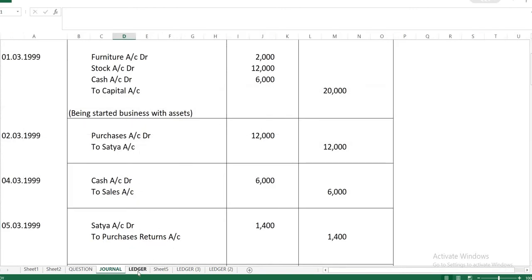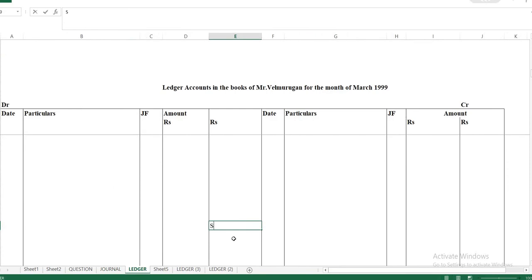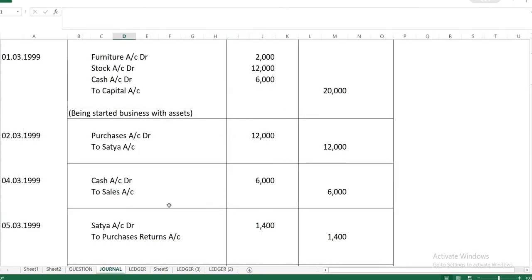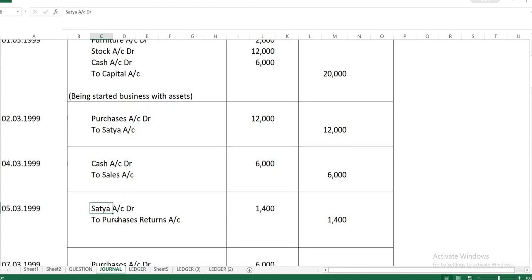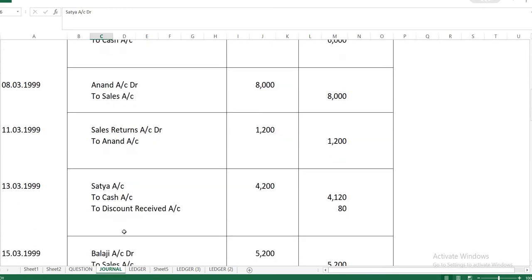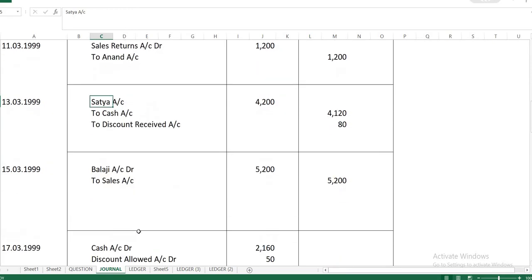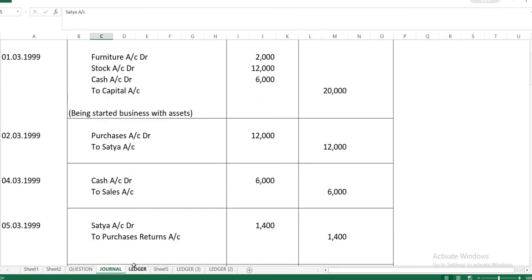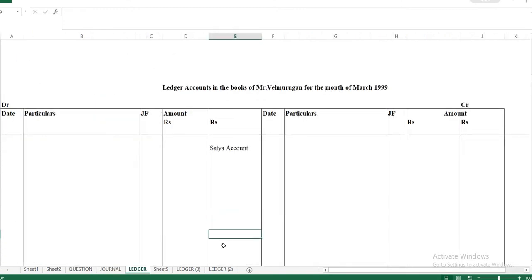Satya account. Okay, so I'm writing over here Satya account, you just mention. Okay, again give some space. If Satya's transactions have occurred a lot in our business, then you have to give more space. If it is not like that, leave very little space. Okay, here Satya, again here Satya. Some transactions here also, Satya got repeated. Accordingly you have to leave space. So it depends upon you how much space you require.